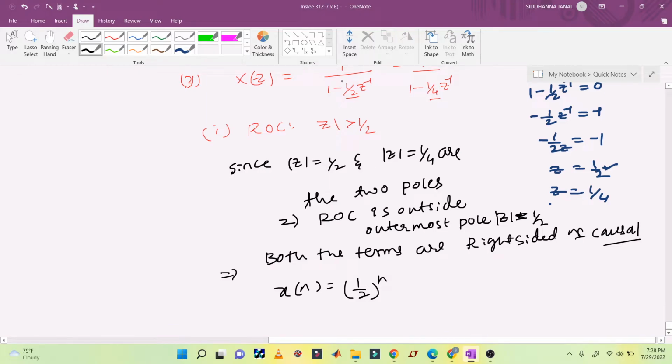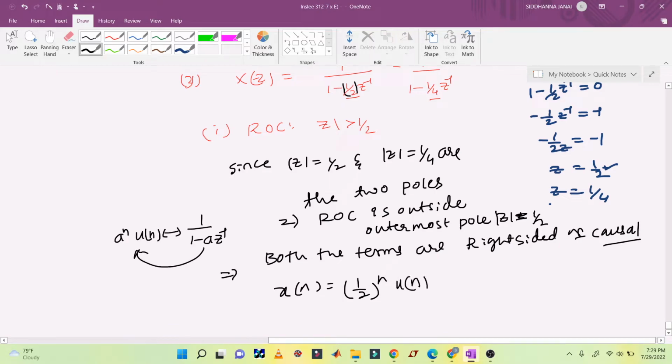How did I write 1 by 2 to the power n? Because we know that if we have a to the power n u of n, its z transform is 1 divided by 1 minus a into z inverse. So here a is 1 by 2. That's why 1 by 2 to the power n